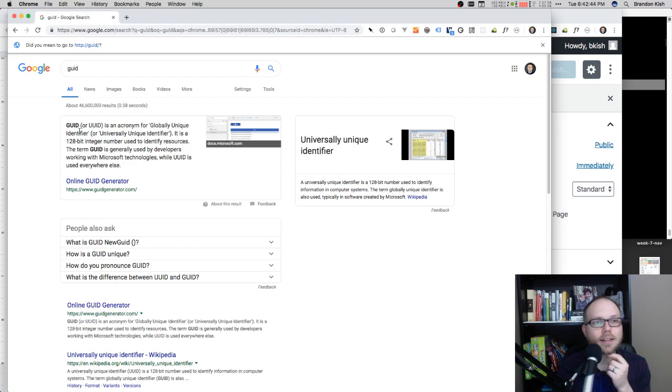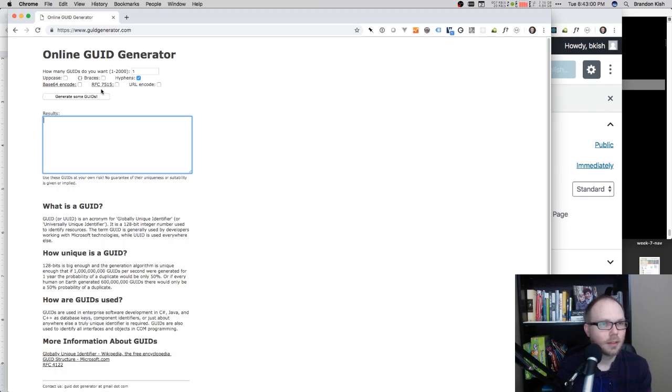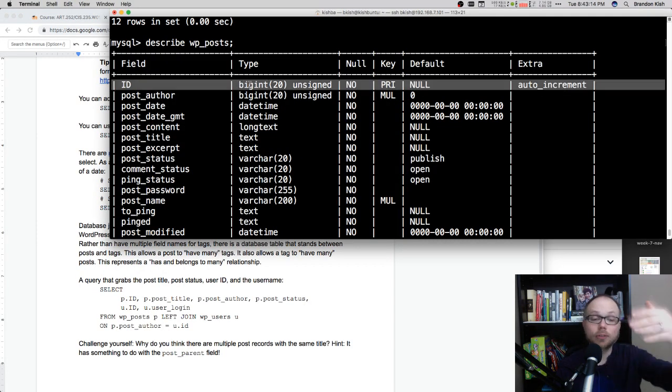A globally unique identifier. So in some systems that don't use numbers, like I think even Twitter, numbers would be insufficient for the number of things that there are. There's this concept of a globally unique identifier. If I take a look at this page and generate some GUIDs, it might be this hexadecimal looking number or string that represents something uniquely. I have seen databases start to use that as a unique ID. Anyways, you need some sort of unique value representing that record.